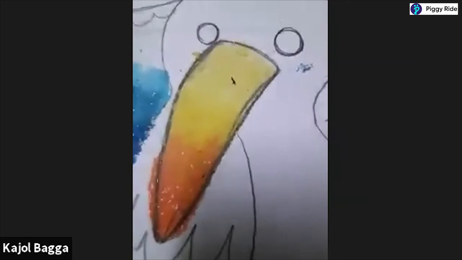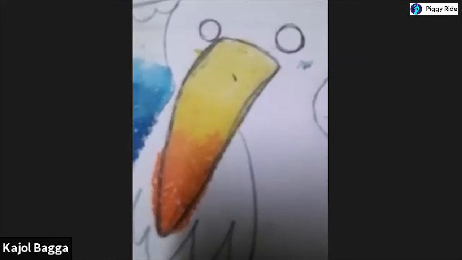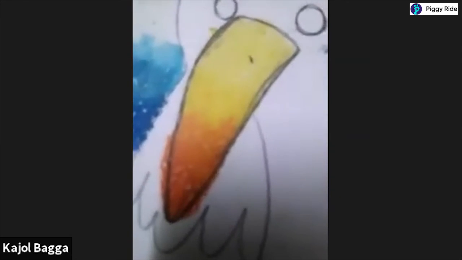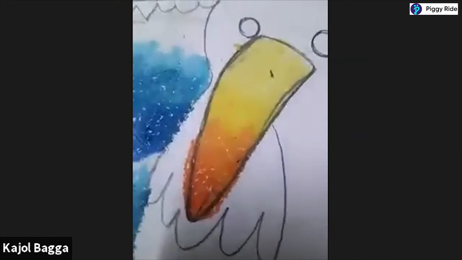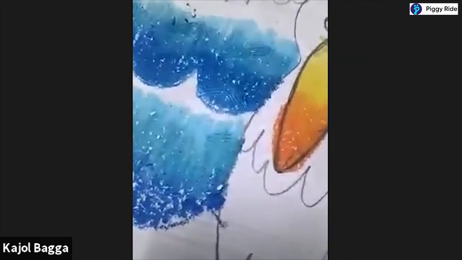You all understood how we can mix and we can color all these things, right? We can mix a lot of colors and we can make a very beautiful painting. So you can practice this, and in the oil pastels and in the pencil color, you can mix a lot of colors all together. We can use pink with yellow, we can use pink with blue, right? So try it once and you will enjoy it.